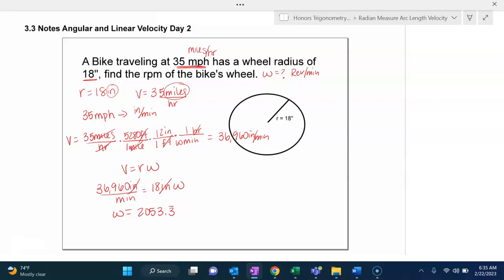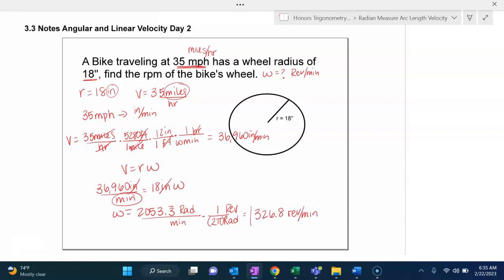When we divide, those inches are going to cancel out. And omega, kind of like our theta, is always going to fall out in radians, but it'll be in radians per minute. That minute hangs around. We wanted revolutions per minute. So we're in minutes, so we just need to get radians to revolutions. 1 revolution is 2 pi radians, so we're going to divide by 2 pi. Remember, if you do that division, wrap that 2 pi in parentheses. You should get 326.8